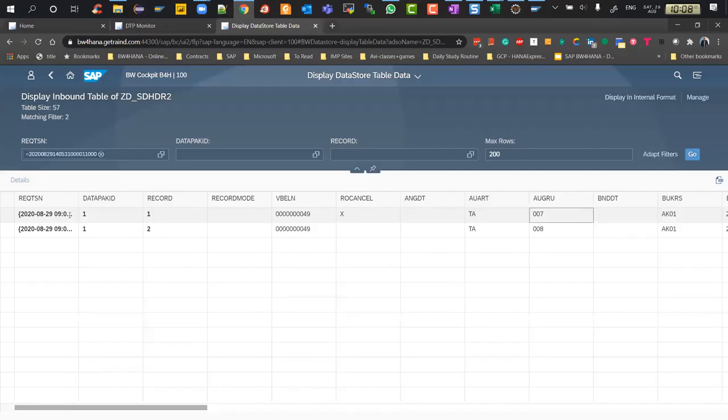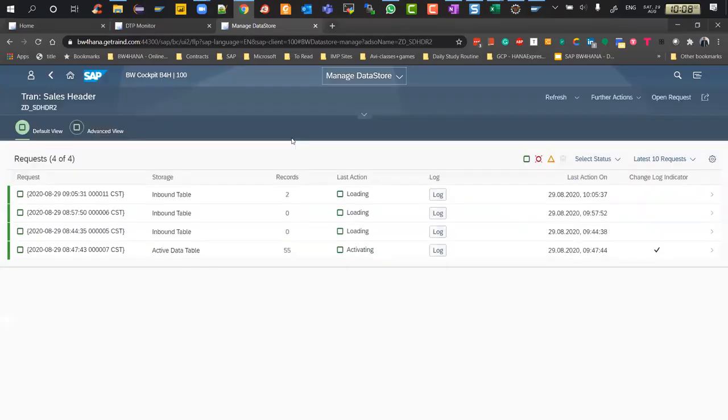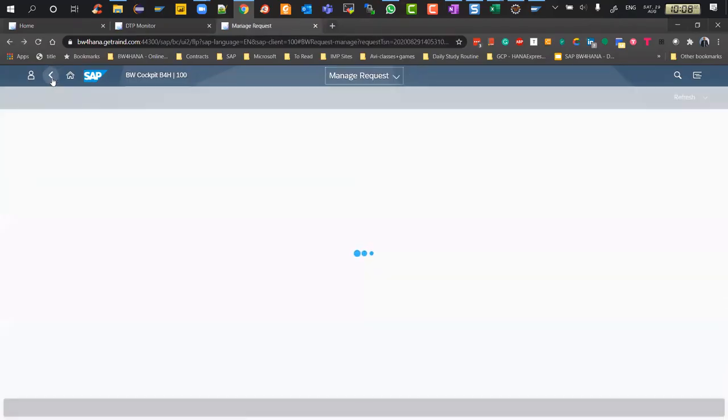Now what I will do is I will activate this. So I'll go back to manage. Okay, now in the manage data source, I have these many requests which got loaded. Activator table, inbound table, inbound table, inbound table. These are basically the request IDs where I ran the delta and it was 0 records. And this is the final request. Okay. So from here, what I'll do, actually, I'll go back to the monitor. I'll go back to my main DTP,